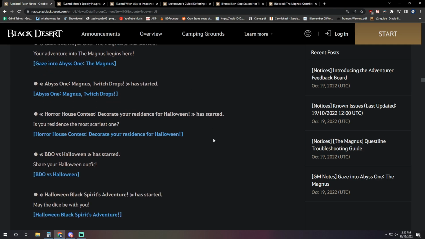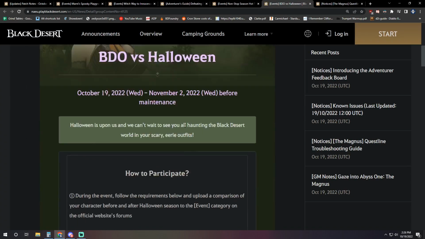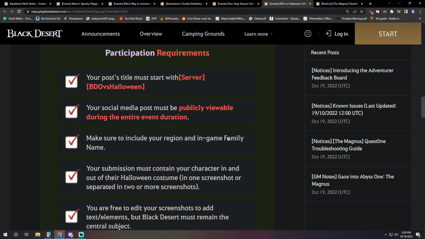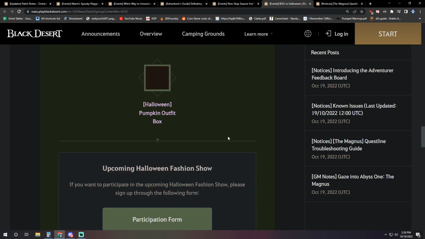We've got a horror house contest. You can decorate your residence for Halloween, get some rewards from that. We've got BDO versus Halloween event here, and this is: Halloween is upon us, and we can't wait to see all you haunting the Black Desert world in your scary, eerie outfits. During the event, follow the requirements below and upload a comparison of your character before and after Halloween season to the event category on the official forums, and by doing that, you can get a participation award, and winners get...